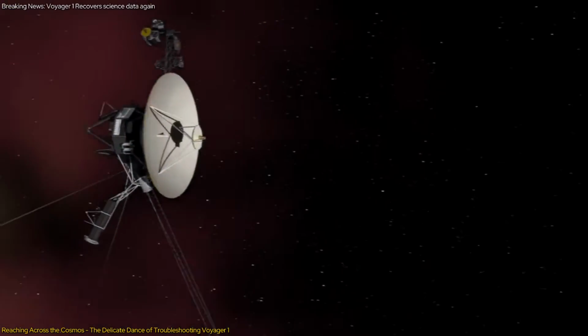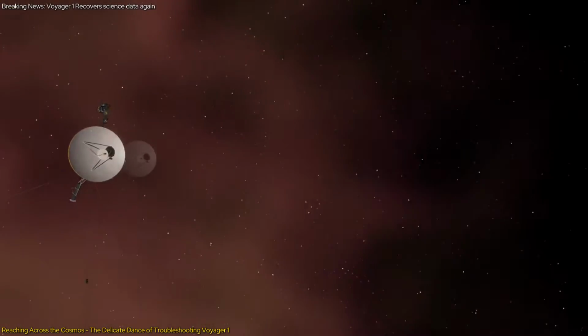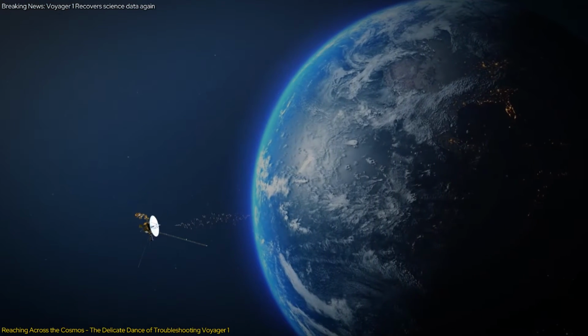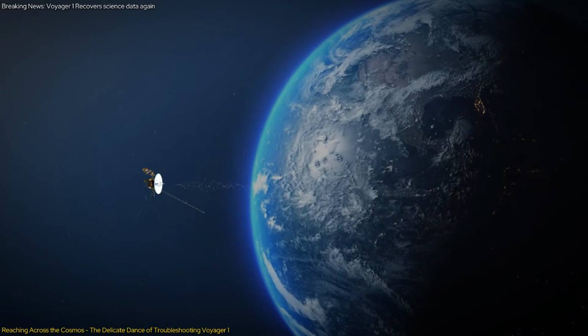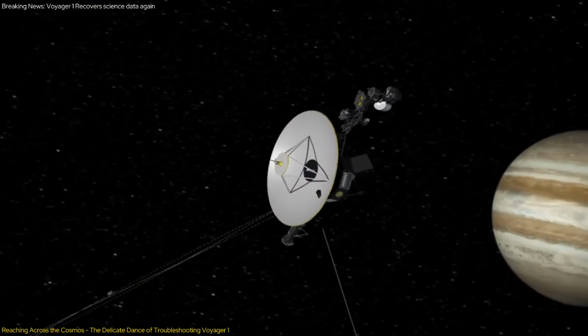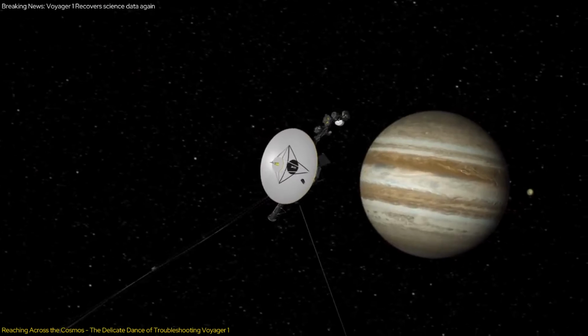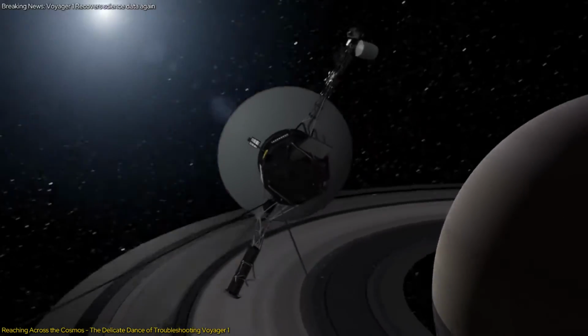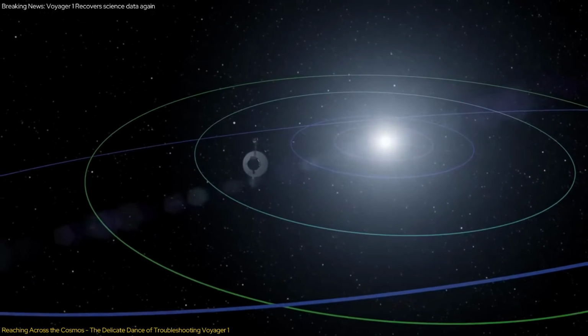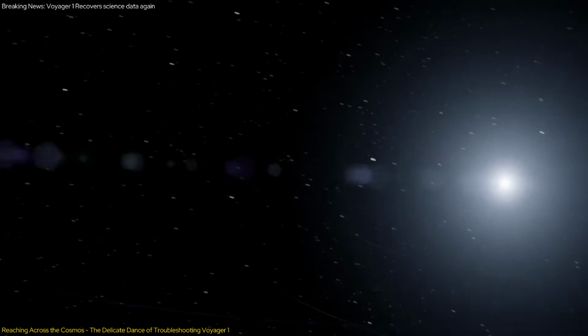The immense distance meant that every step in the troubleshooting process was a painstakingly slow dance. Each command and response took a grueling 42 hours, demanding meticulous planning and a deep well of patience. Furthermore, the original engineers who had designed and built Voyager's systems had long since retired. The current team had to rely on decades-old documentation and their own ingenuity to navigate the intricacies of this deep